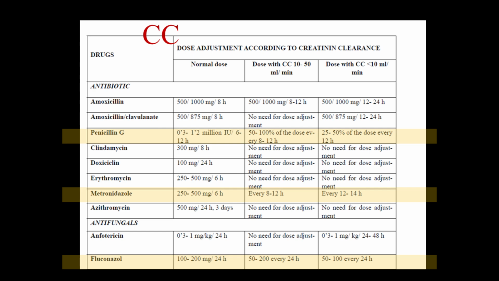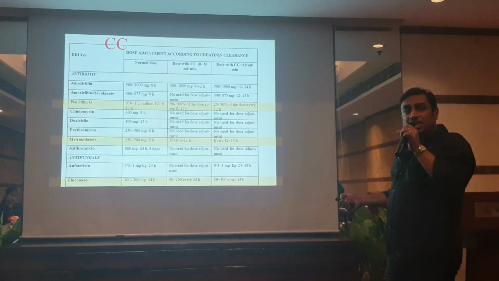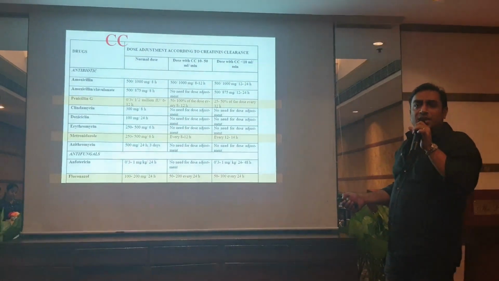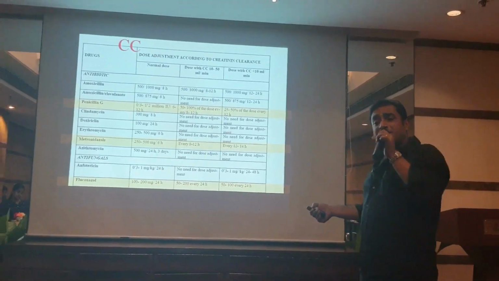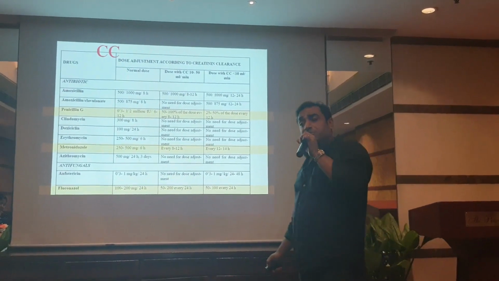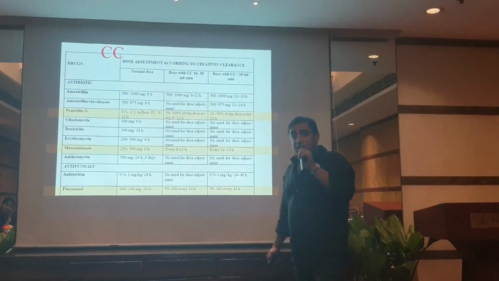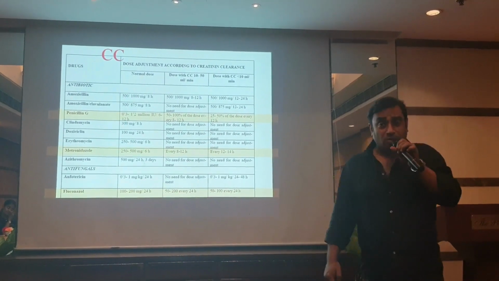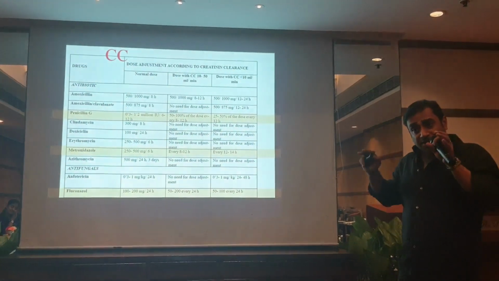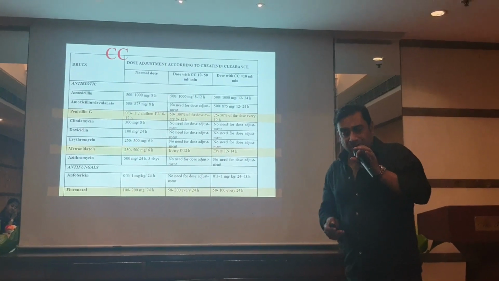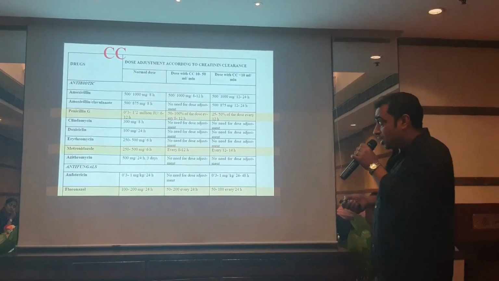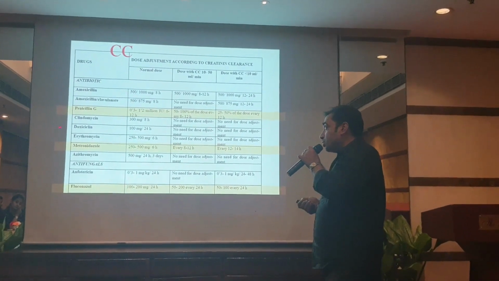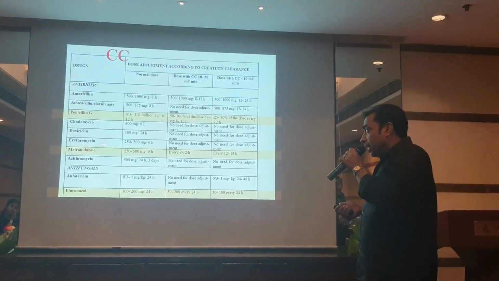These are the medicines that we normally use. Amoxicillin, no problem. Amoxiclav, almost no problem. Penicillin G. Have any of us ever used penicillin G? I don't think so, so I will not talk about it, but just that we need some alterations. Clindamycin, we were very scared about because of clindamycin being a son or grandson of erythromycin, which was the first medicine that gave rise to pseudomembranous colitis. So somehow from student days, this clindamycin group has got a worry in the mind of the prescriber. There is not really any need, at least in the case of these renal failure patients. Clindamycin can be given without dose adjustment, so can doxycycline and erythromycin.